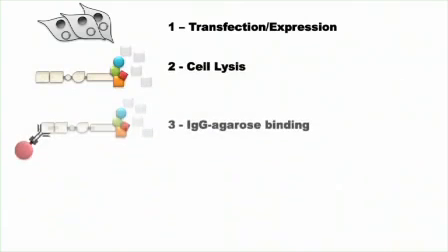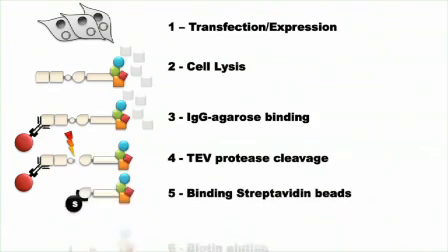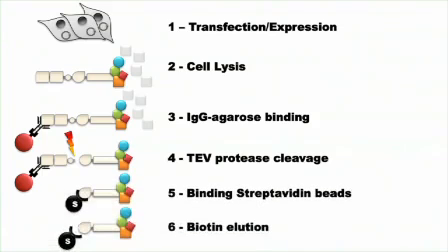The TAP tagging protocol is a 6-step procedure. After transfection and generation of cell lines, cells are induced to express the tagged bait protein before being lysed in a mild lysis buffer. 2 affinity purification steps and 2 specific elutions are used to purify the bait and any